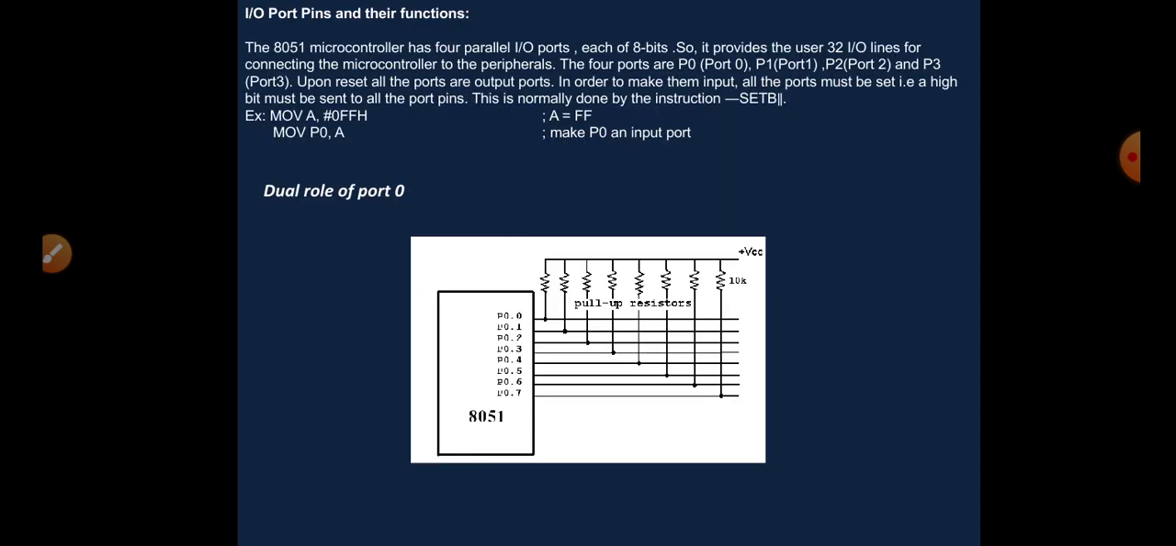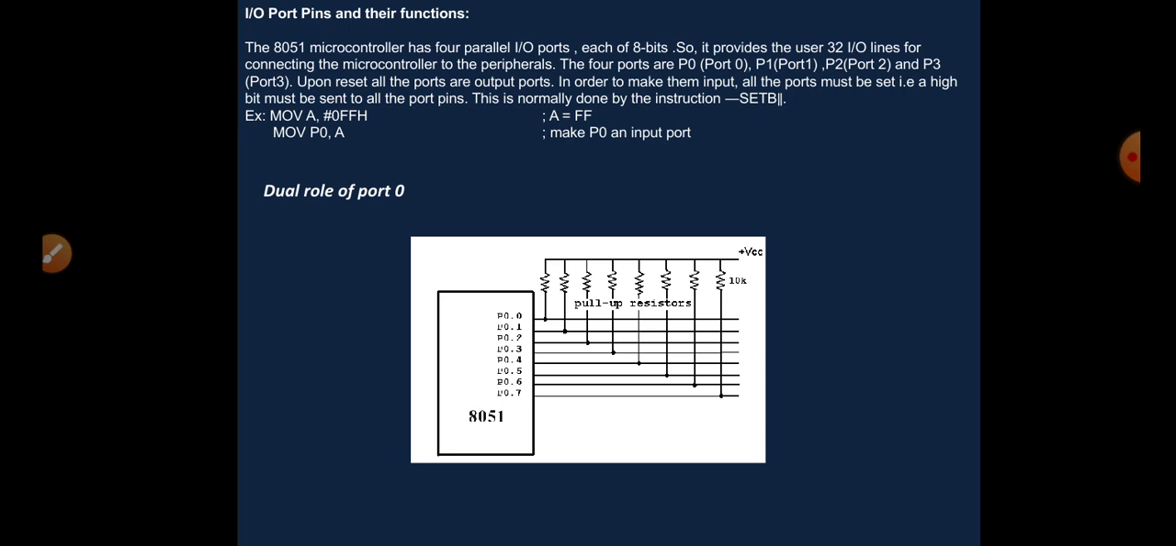So coming to the I/O port pins and their functions. As already said when dealing with the pin diagram, the 8051 microcontroller has 4 parallel I/O ports, each of 8 bits. So it provides the user 32 I/O lines for connecting the microcontroller to the peripherals, and the 4 ports are port 0, port 1, port 2 and port 3. Upon reset all the ports are configured as output ports. If the ports are to be configured as input ports, then the programmer must